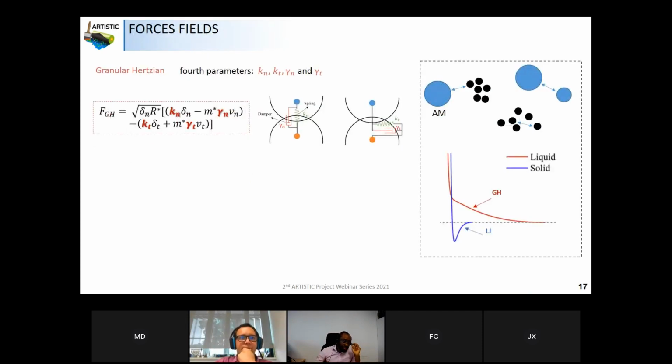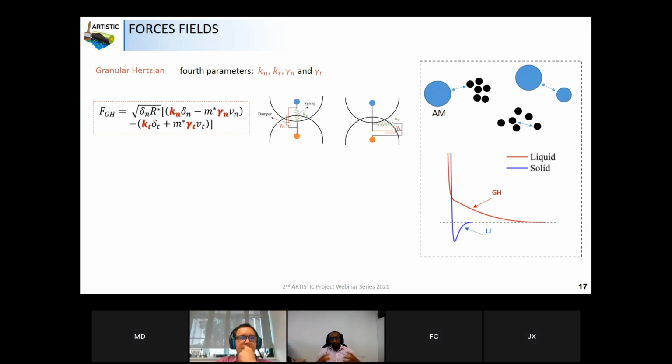So here I will present you the force field that we use. We use the granular Hessian force field. On why we choose this force field and not another one, the reason is, I would say, very natural, because in our system we define